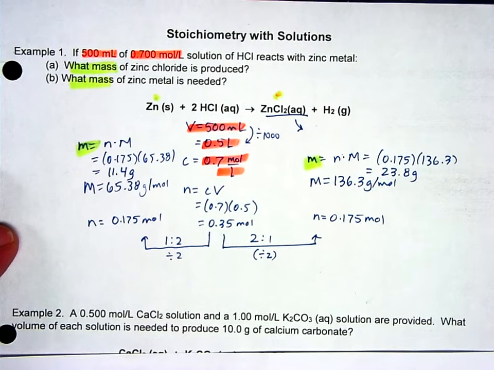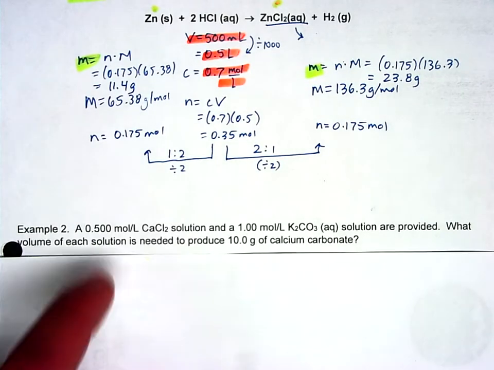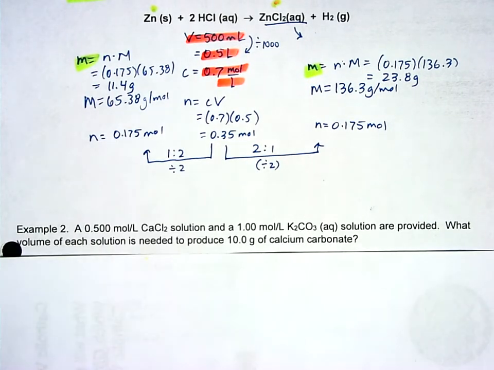So here we have a second one, a little bit harder question. It says we have 0.5 moles per liter calcium chloride and 1 mole per liter potassium carbonate, and they're going to react together. What volume of each solution is needed to produce 10 grams of calcium carbonate? Kind of an important idea